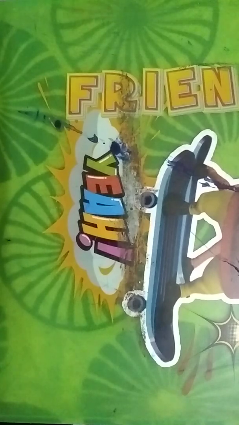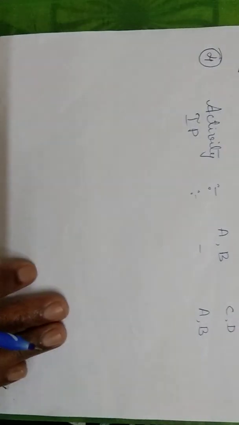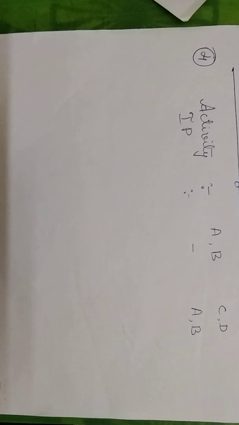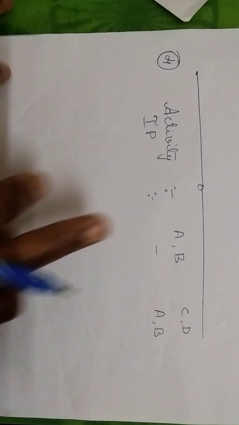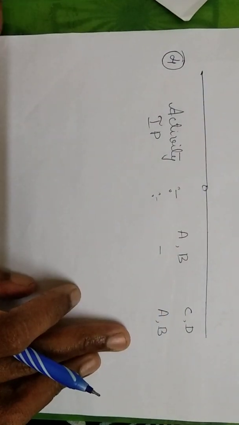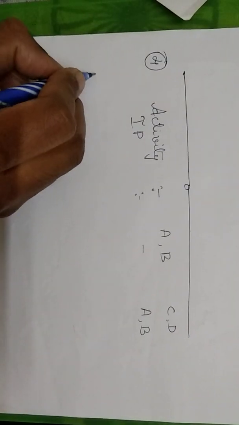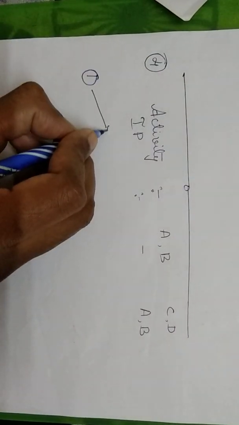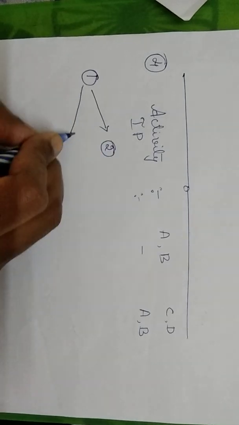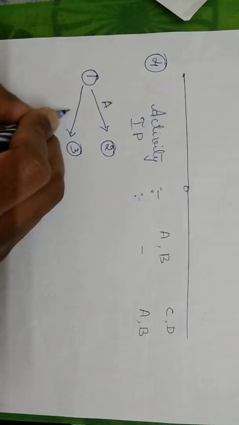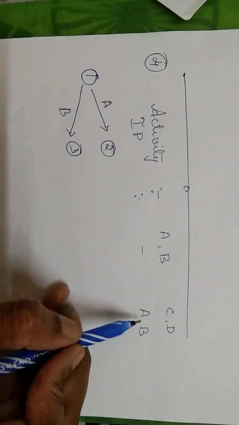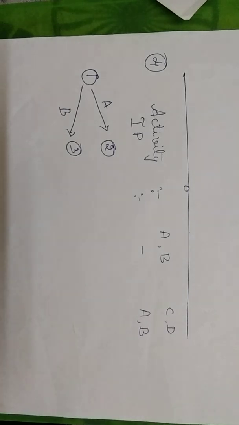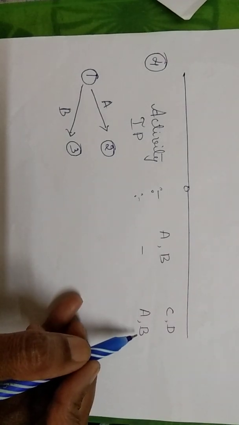Going with the fourth problem, this is the fourth problem that we have. Here you are given that there are 4 activities, A, B, C, D, correct? Let us work out how we can start. For A and B there is no immediate predecessor, so the initial point is A and B. Now if you observe, for C and D, A and B have to be completed. So the predecessors are A and B.